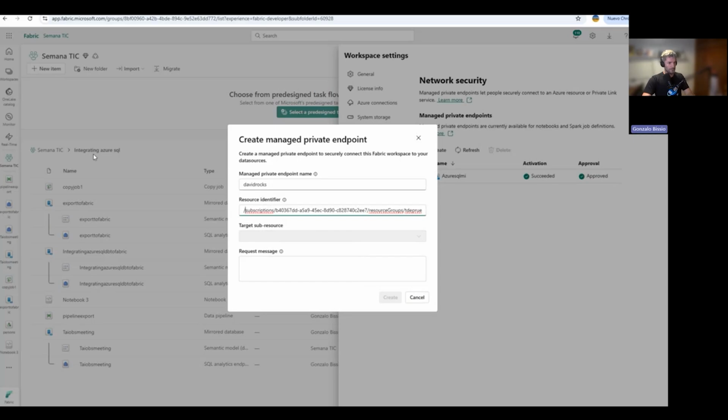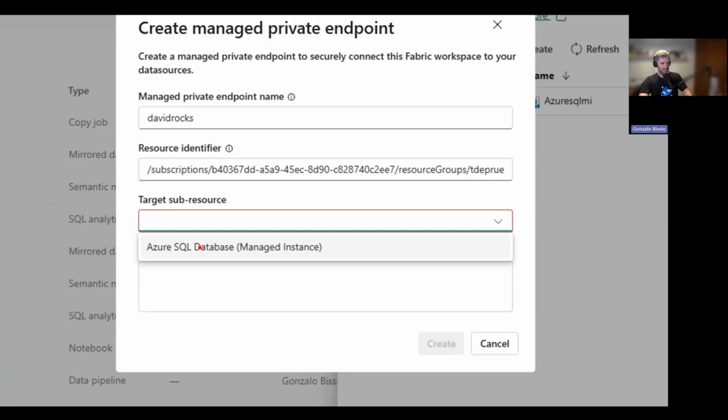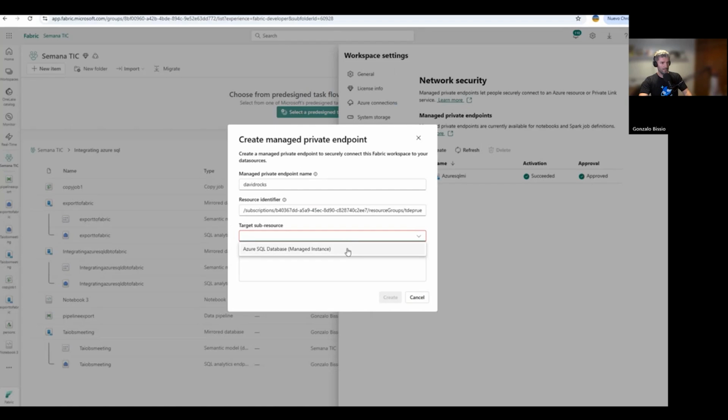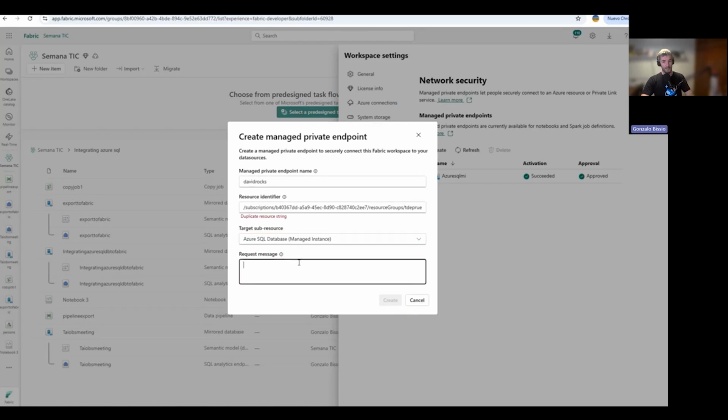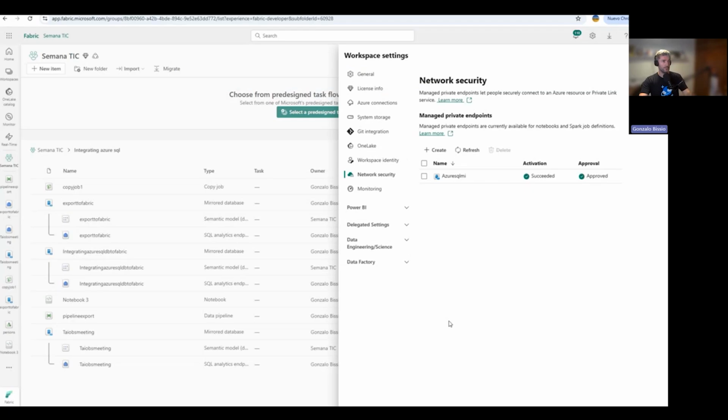This one. Subscription, etc. Resource group, my Azure SQL MI, and that's it. And then I have a managed instance. I will put managed instance, and here I will put a message. Since I already have the private endpoint, I will show you what you are going to see